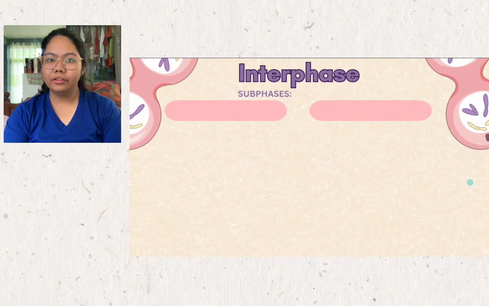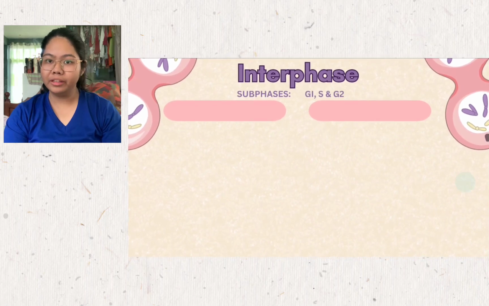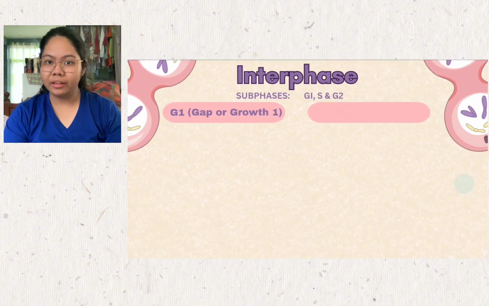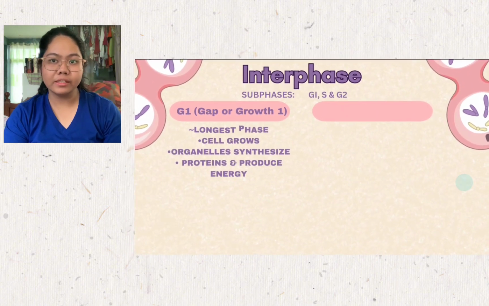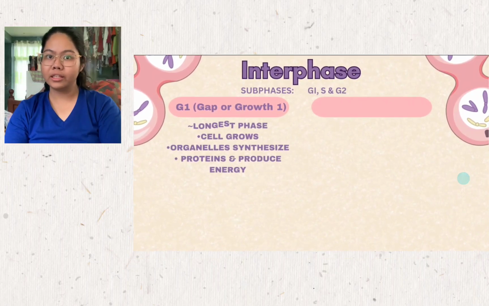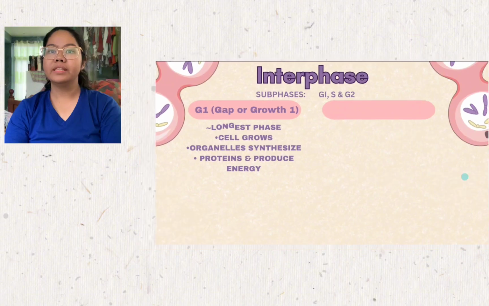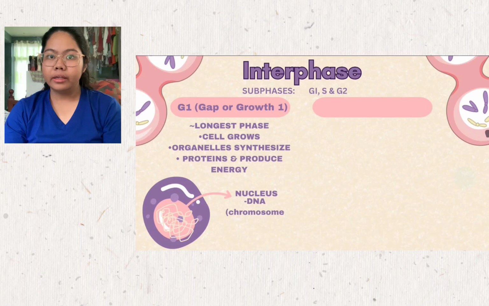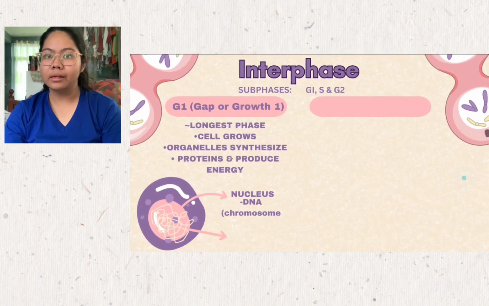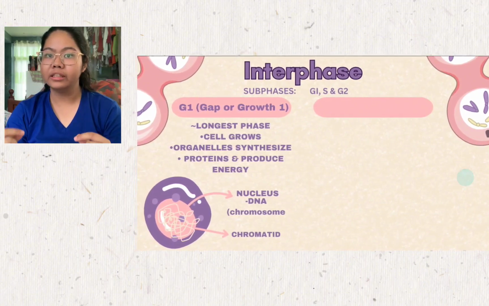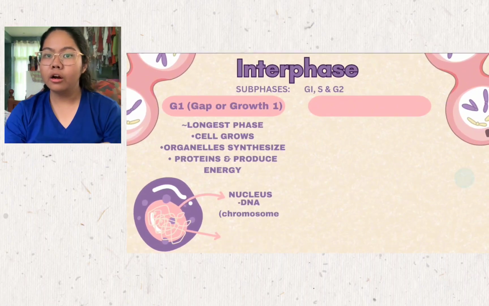Interphase can be divided into three subphases, which are G1, S, and G2. G1 is referred to as gap or growth 1. It's the longest phase of the cell cycle. During G1, cells mostly grow and the organelles take care of regular cellular business, like synthesizing protein and producing energy. Inside the nucleus, we can find the DNA, organized as chromosomes. During G1, each chromosome is made out of a single thin spaghetti of DNA, or what we call